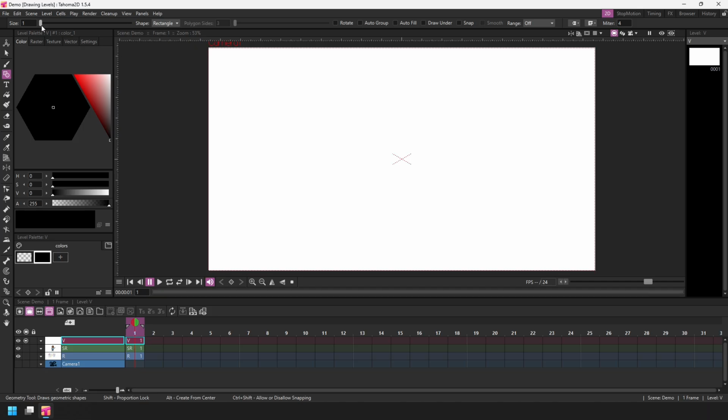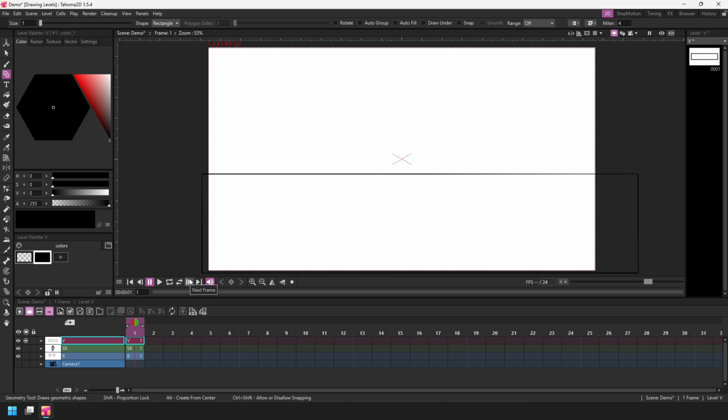And I don't care about the size of the line, as I'll be removing them anyway, so I'll leave it set at 1. The black entry is already selected in the palette entry, so that's fine to use. And let's click and drag to draw a large rectangle. And as you remember from earlier, vectors can be drawn at any size, so I can draw them inside the